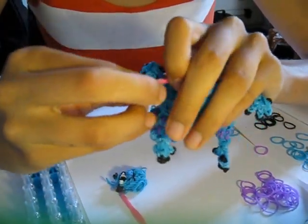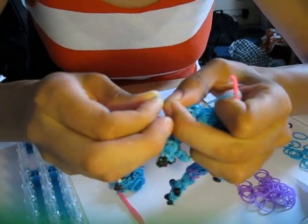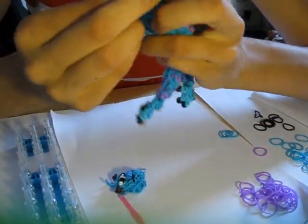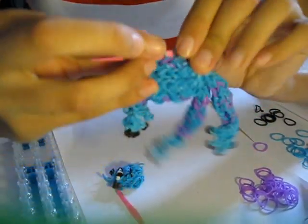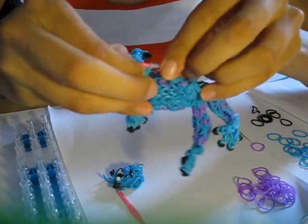I'm going to grab the next one, just pull that one through like that, and I can release this one from the pin because it's looped in there. 4 more to go. Grabbing the next one,